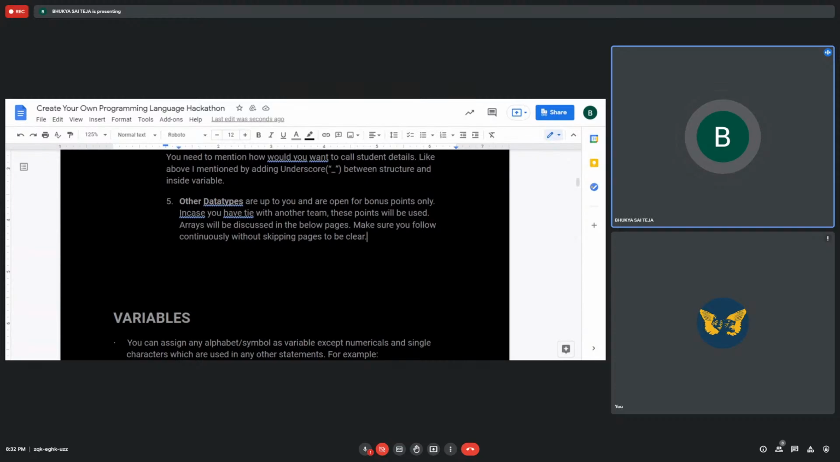Coming to other data types, it is up to you actually. But this will be considered as a bonus when there is a tie between you and some other team. Then this can be used as a bonus point actually. So it's up to you for including it. You can include anything like